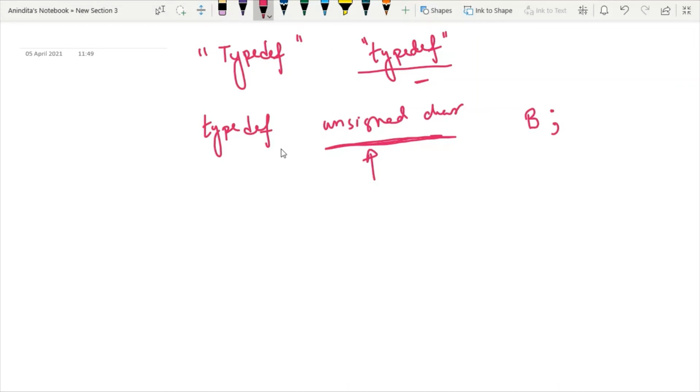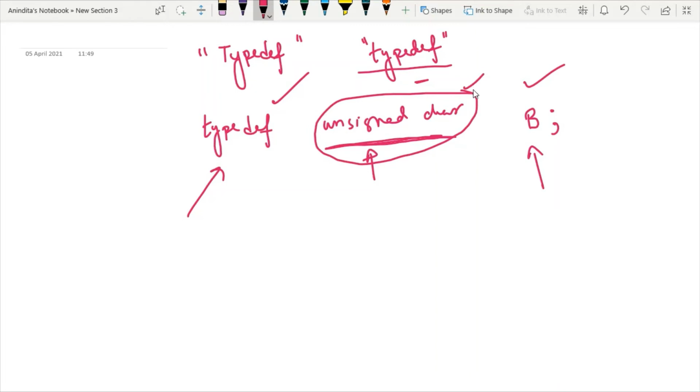Try to understand this point. The syntax of this typedef has three segments. First is the keyword itself, and the third is the new name that you want to use as an abbreviated form. But abbreviated form of what? Abbreviated form of some particular data type. Writing unsigned char each time in my coding will take a long time. Also, we may make spelling mistakes because it's a combination of long words. So in that case, we have to use some abbreviation.